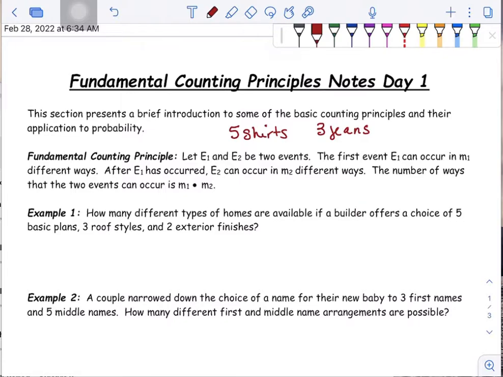Do you want the blue shirt and the blue jeans? Do you want the blue shirt and the black jeans? Do you want the blue shirt and the leggings? Do you want the white shirt and the black jeans? Whatever it is, right? So instead of listing it out, it's called the counting principle because all you do is